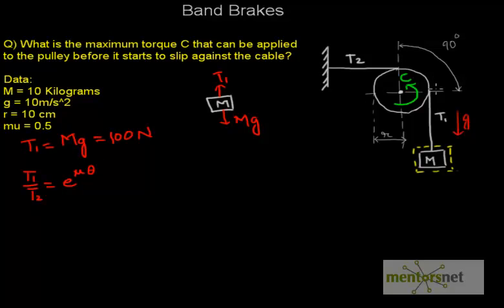The theta is 90 degrees, which is also pi by 2 radians, and in this case theta we'll have to take it as radians, and mu is 0.5, so this ratio is e to the power pi by 4, which is equal to 2.193. So T2 is equal to T1 by 2.193, which is equal to